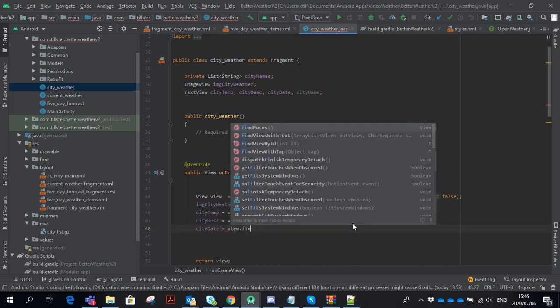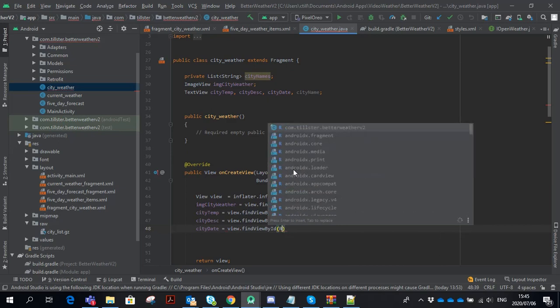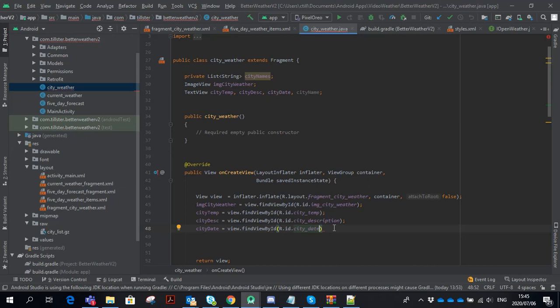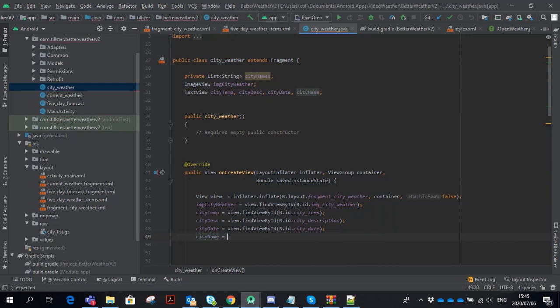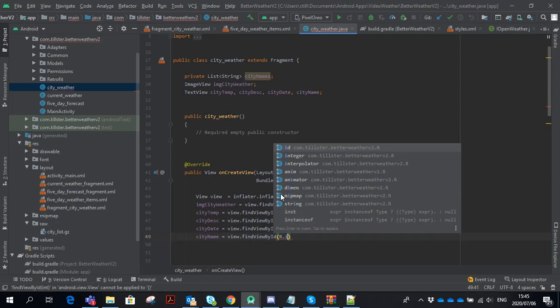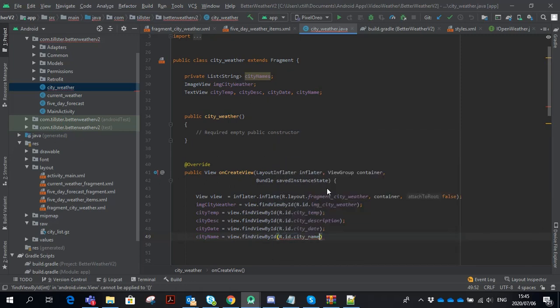City date is view.findViewById(R.id.city date. And then the last one is city name, equals view.findViewById(R.id.city name. Right, now that we have those in there, we can go work with that material search bar